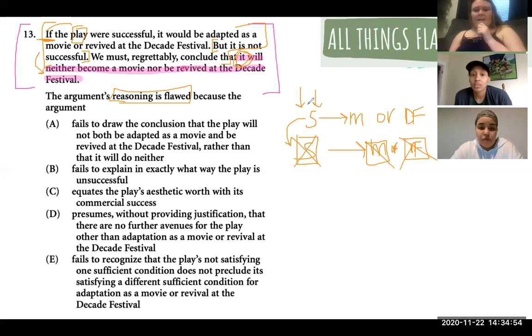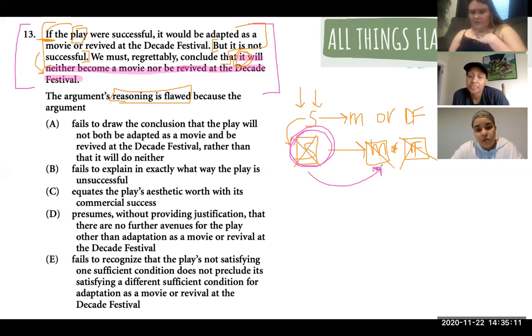We take a sufficient condition, and what do we assume? We assume that by not having the sufficient condition, there's no other way for these two things to happen, right? That would be how I would predict it in my own words. Right. I have a hard time putting these into words. I know how to diagram, I know what it's doing wrong, but when I have to verbalize it like you just did, for some reason, I don't know. No, that's okay. That's what we should work on.